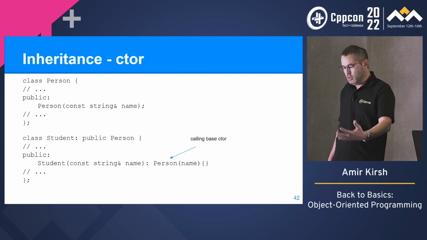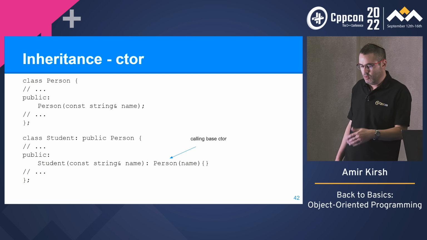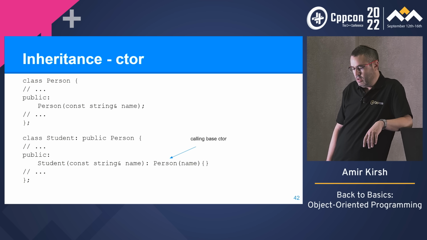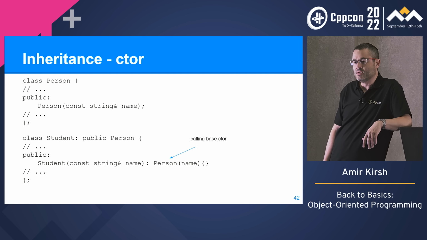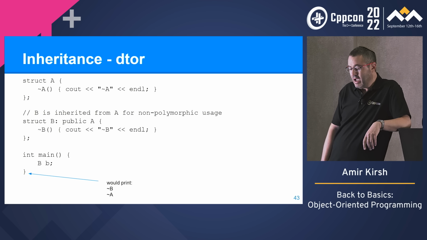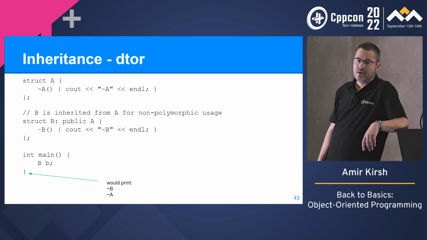Let's start with simple stuff, constructors. So I'm calling in this example the base constructor, okay? I must do that in this case because I don't have, in this example, an empty constructor in person. The destructor would automatically be called. So when B dies at the end of the block, B would call the B destructor and then the A's destructor. And there is a comment here